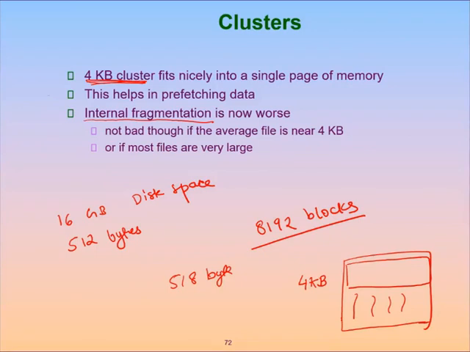But it is not bad if the average file is 4 KB. Whenever a user creates a file, generally it is equivalent or very near to 4 KB, then there is not a problem. Or if you want to store large enough files, then also there is not a big issue, because suppose you are storing it in 100 blocks or 100 clusters, only the last cluster may have some wastage. Otherwise there is no wastage. Are you getting the point?